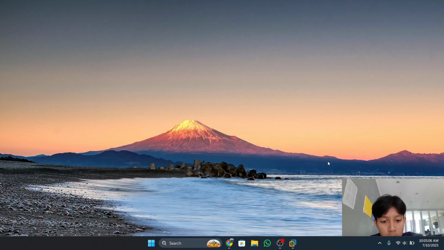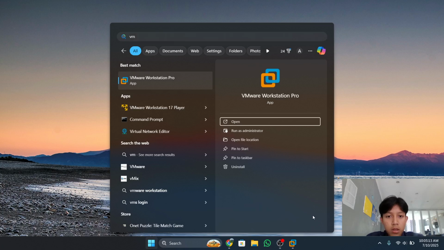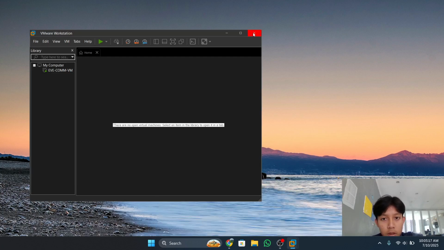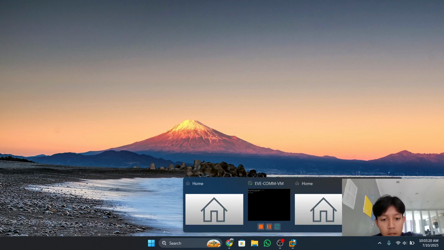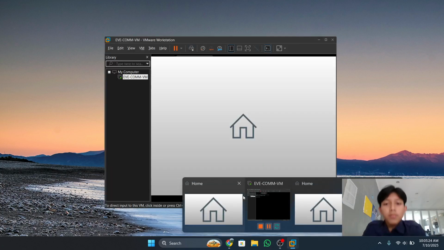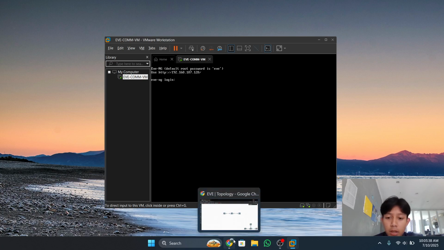First, open your virtual machine. For example, I use VMware Workstation, and the machine I use is from EVE-NG. After you open your virtual machine, you can access this IP from your virtual machine, from EVE-NG or PNETLab.